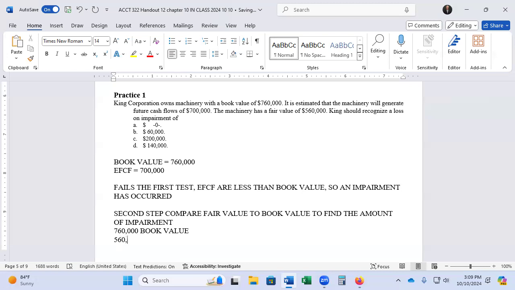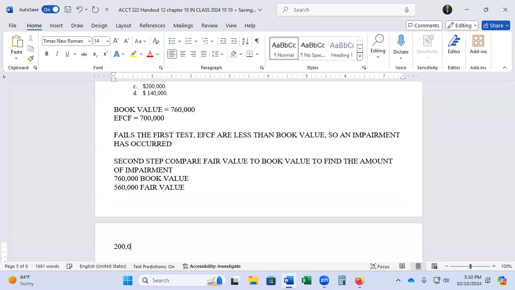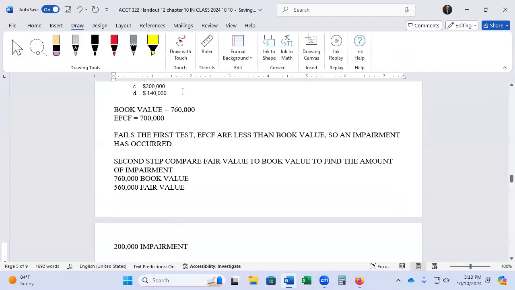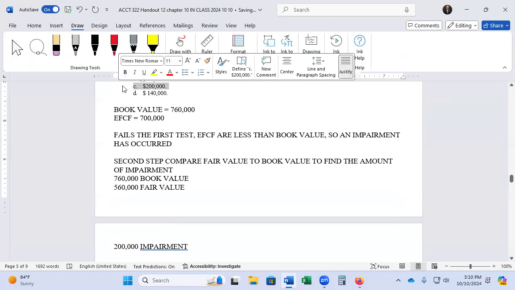Did I get that right? $560,000 fair value. So it has a $200,000 impairment. So that answer is